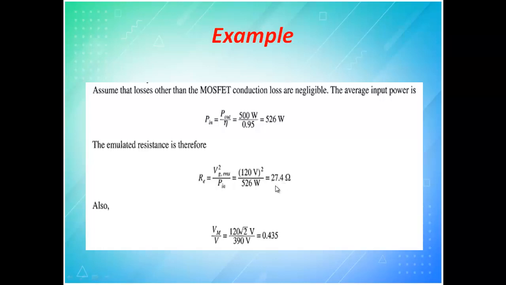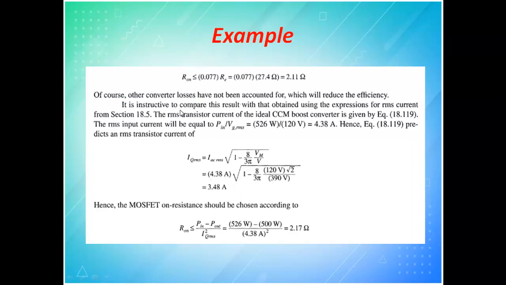So this is the resistance of the load. This is the resistance that tells about the transfer from input side to output side. Then Vm by V. Again you have 120 into root 2, the RMS value into root 2 to get the magnitude, divided by V. Then they have given a value, so it is around 0.4. Then R on they have asked, which is nothing but 0.007 of RE. Just multiply it, you will get 2.1. This is what we have used in that calculation. So R on should be 2.1 ohms.